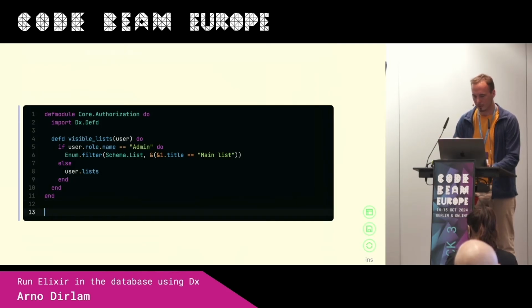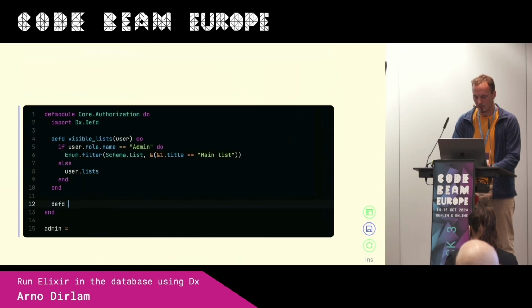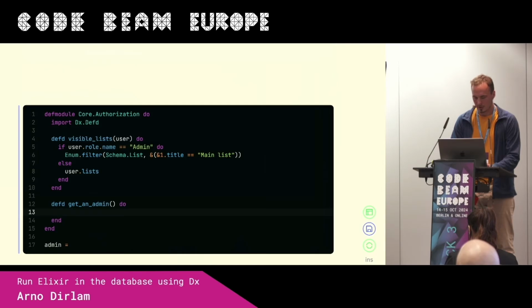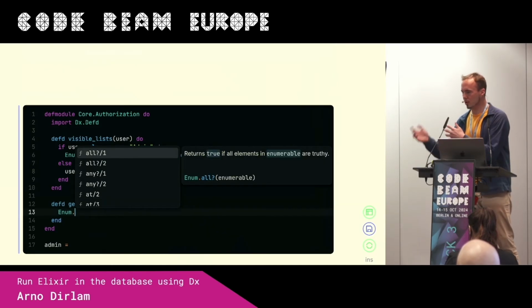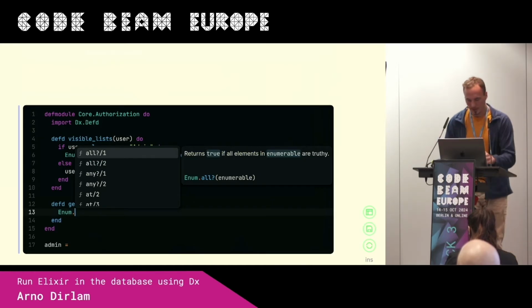We still have the require from the last cell, so we need to get some users. Let's get an admin. Maybe how do we do this? I used another defd function to do this: get an admin. And as I mentioned, you can use enum functions also to load additional data, not only associations,